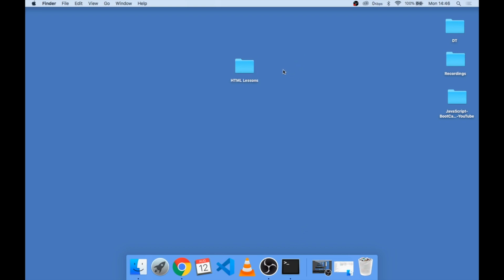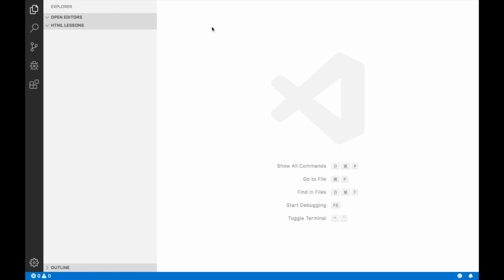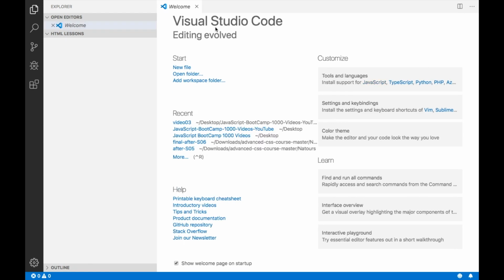Once you've done that, drag it into your Visual Studio Code and give it a second to open up. You can see here that it will give you your recent work and information, and let you start a new file and all that sort of stuff. So I'm going to crack open a new file, and I'm going to type in